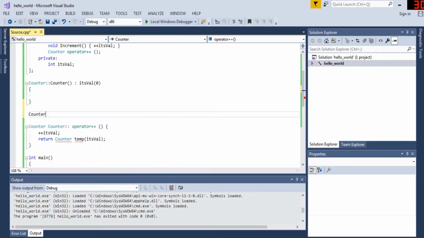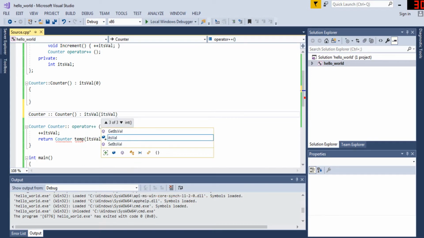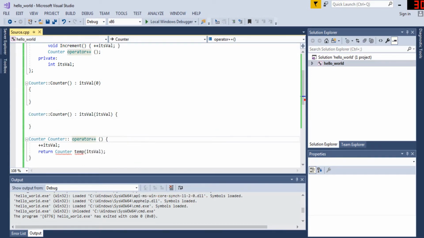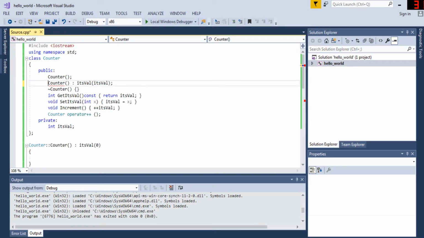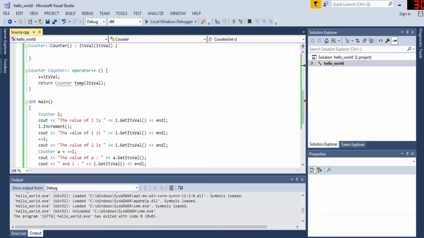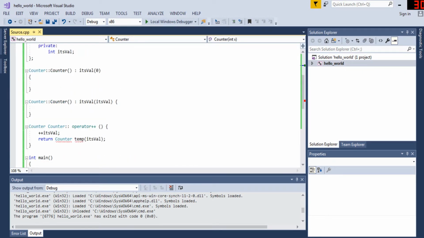We're going to create a constructor that allows us to initialize the value. So then now we could just return this. I have to do the counter of int x. So now here we have to do counter